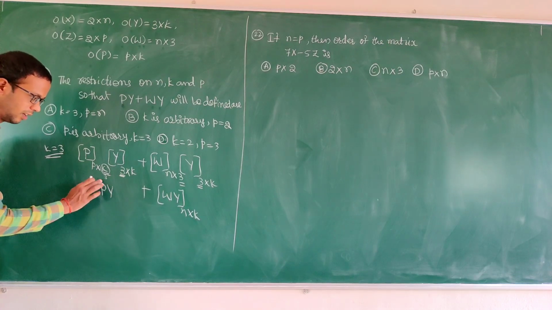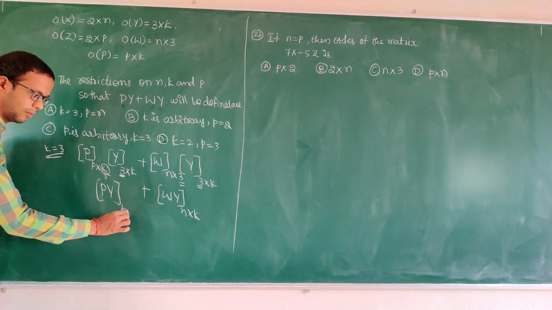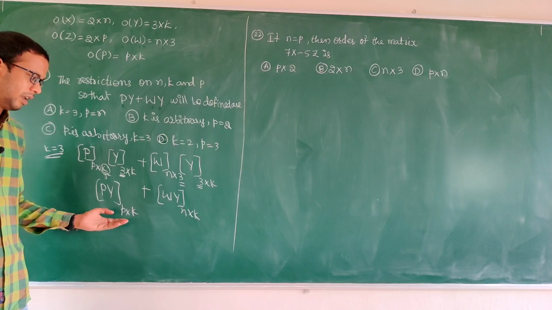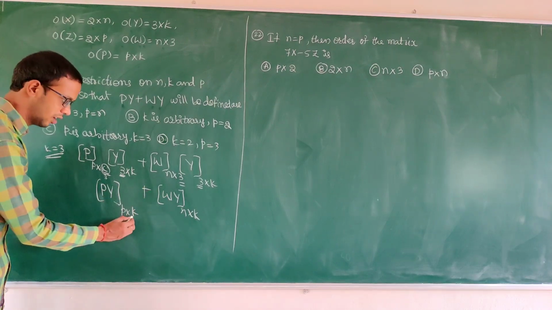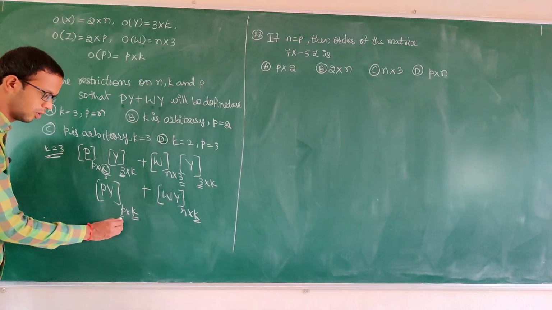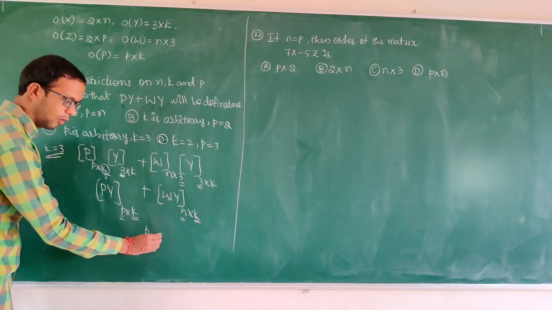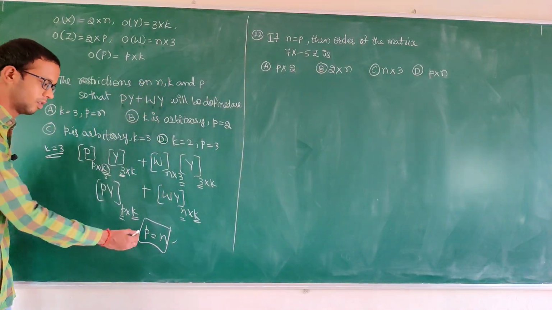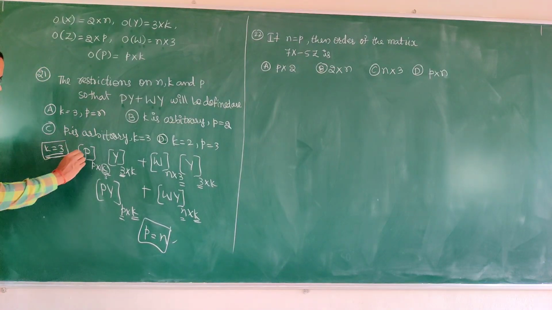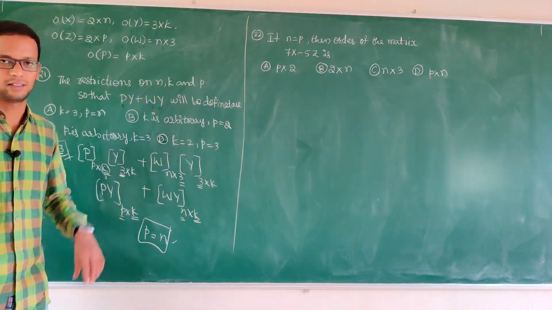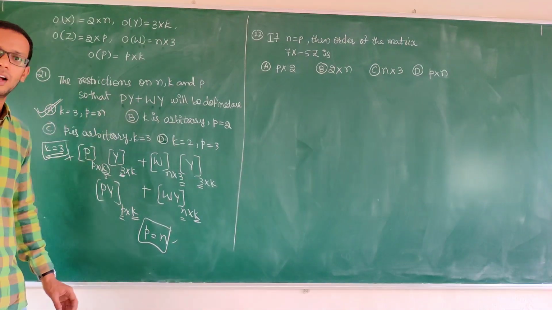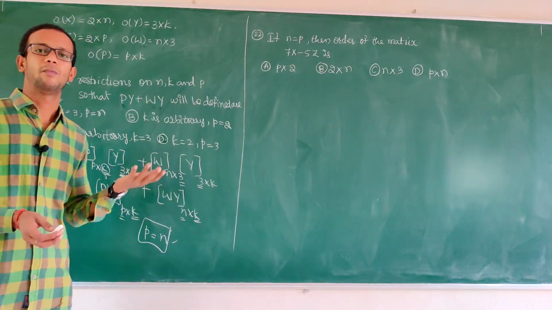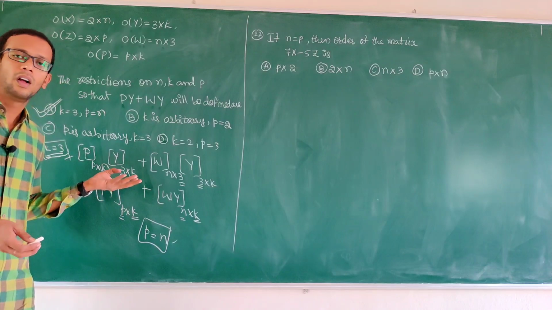Next py result, what you will get, p by k. Next addition, when does addition exist? Columns same, rows also same, then only addition exists. What is the condition asked? The restriction on n, k, p: p is equal to n and k is equal to 3, then only this will exist. So option A is the correct answer. Just very simple, there is no need to do any multiplication. By basic concept of multiplication rules and basic concept of addition rules.